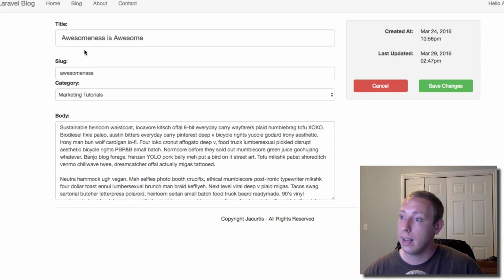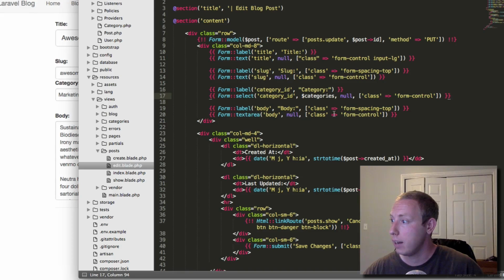So everything is lining up really nicely. It looks like there's just some styling issues. There must have been a class on here. What were we adding? Form spacing top. We were adding this form spacing top class to give them extra space, it looked like, on the label. So under the label,